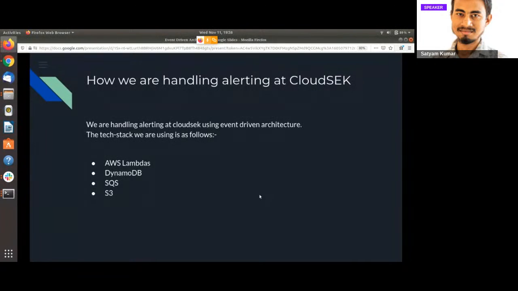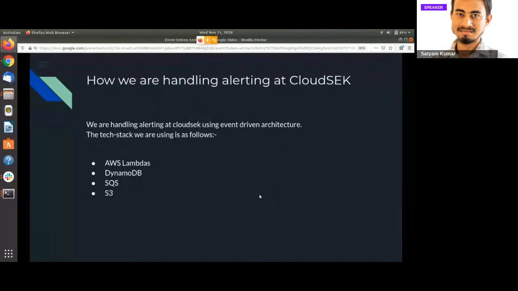So how are we handling the alerting system at CloudSEK? We are using the same stack which I have explained in the demo. We are using AWS Lambdas. We are using DynamoDB, a NoSQL database provided by Amazon.